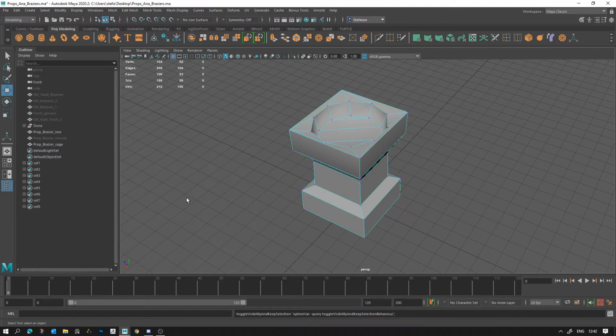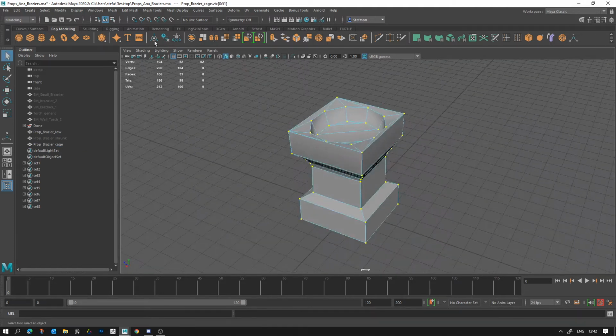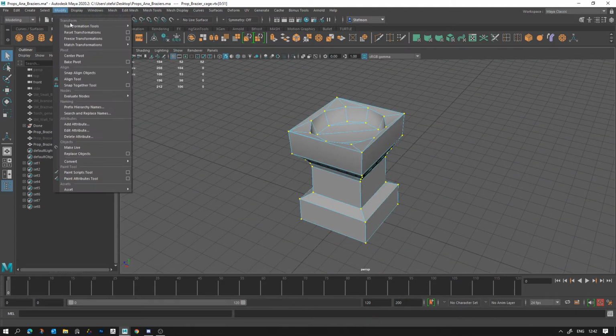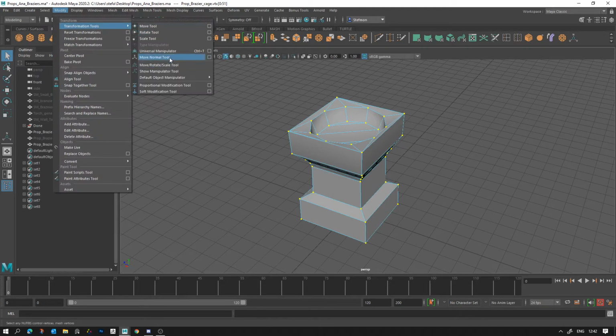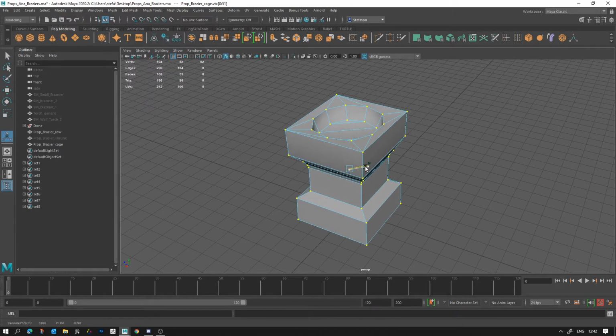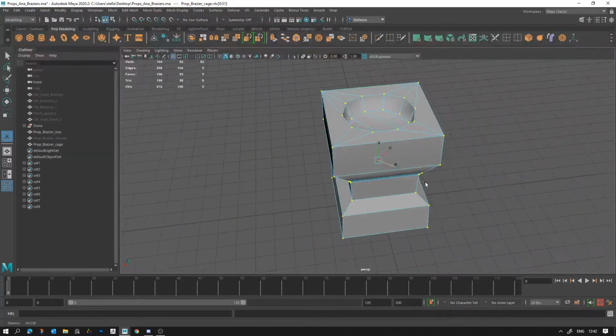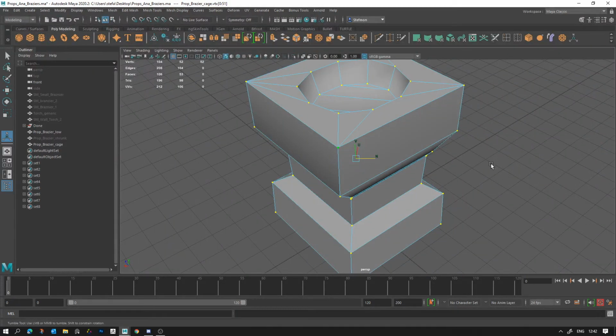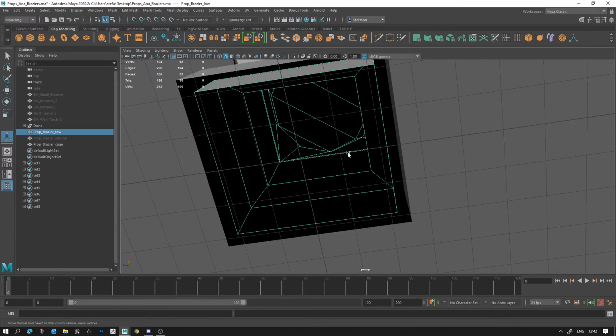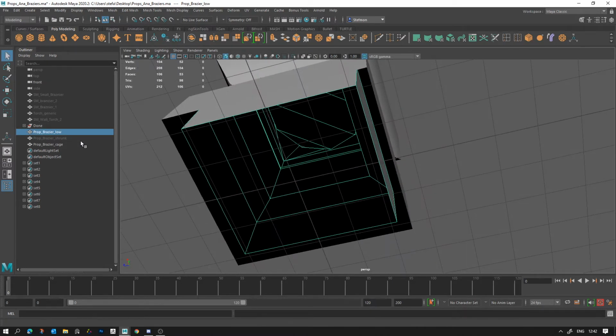Let's grab our cage, go to vertex, all the vertices for the cage, and do the same method. Modify, Transform Tools, Move Normal tool, and expand it. So usually you would be looking at your high poly and making sure that you expand beyond the high poly. And the reason you can do this for